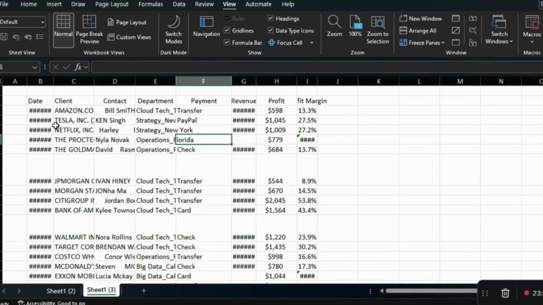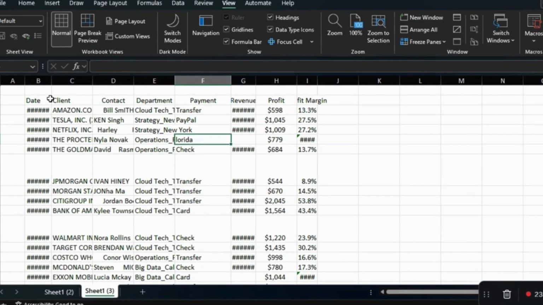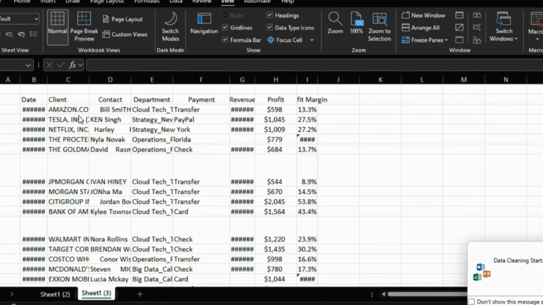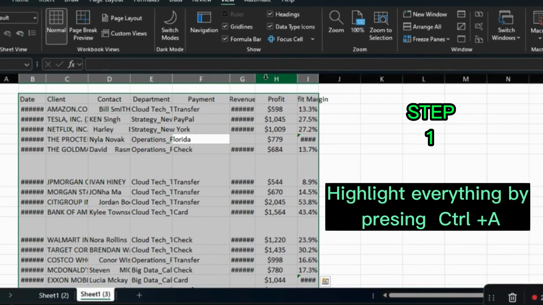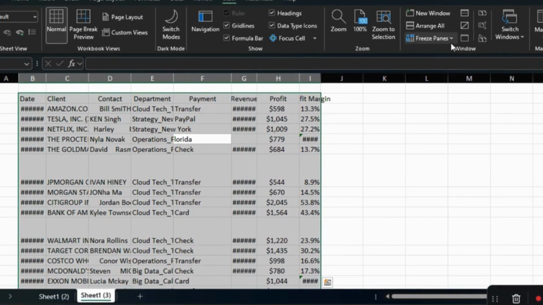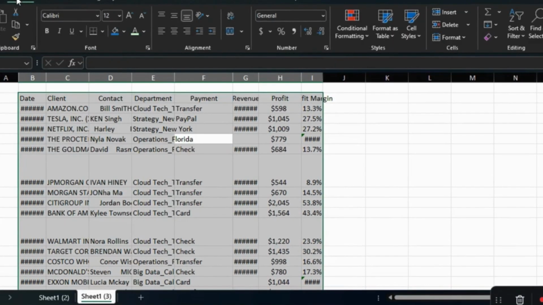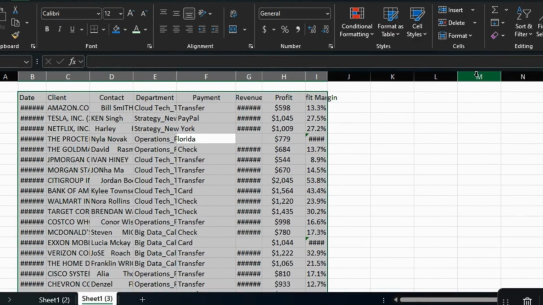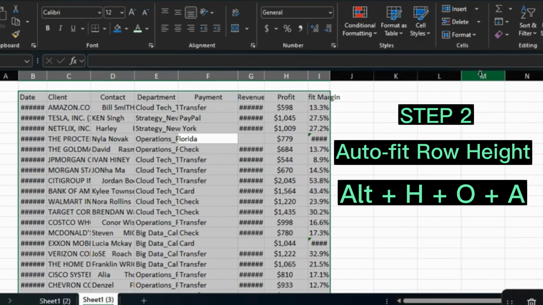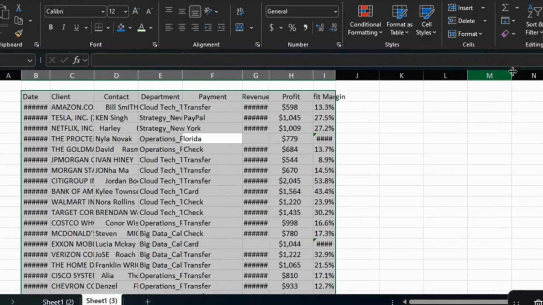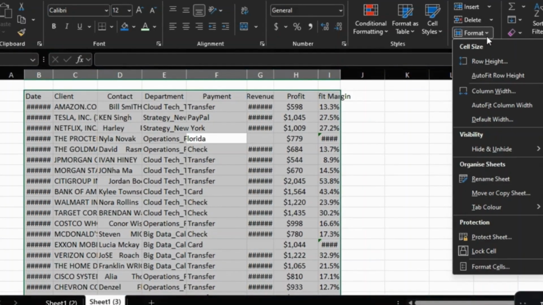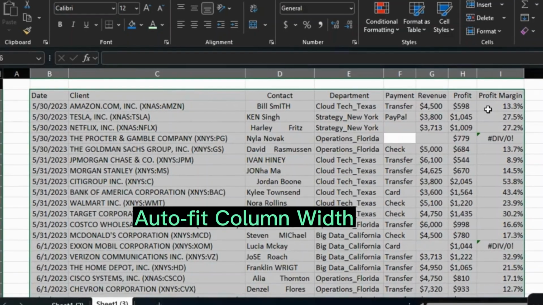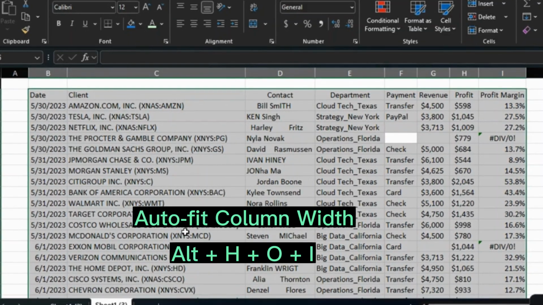Let's go. So the first thing I'm going to do, you can see the cells are small, some are bigger than the others. So I will just highlight everything, Control A. I will go to Format and use AutoFit Row Height, which you can do with Alt H O I for shortcut, and also AutoFit Column Width, which you can do with Alt H O I. So you can see I can see all my data set